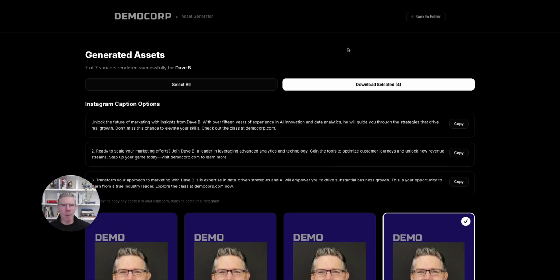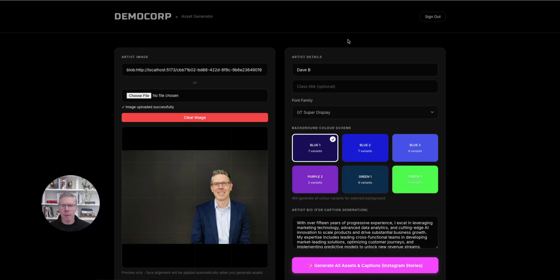Just a little bit about how I built this. Like I mentioned, I used AWS facial recognition, which works really, really well, super easy to use. I also used a tool called Creatomate to create the actual template itself. Creatomate is very easy to go in and create a template, to have template options that are locked in and static, and those that are variable and that can be edited and changed. And then I'm just calling the API from Creatomate when I'm doing the asset generation process.